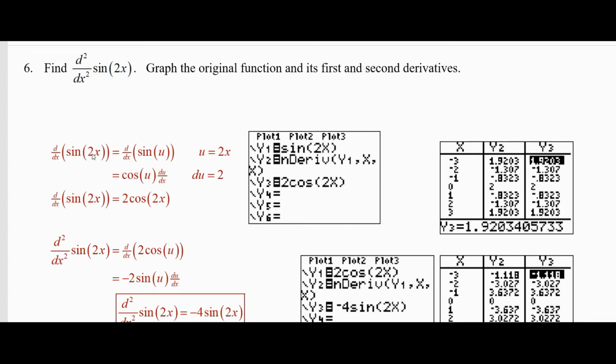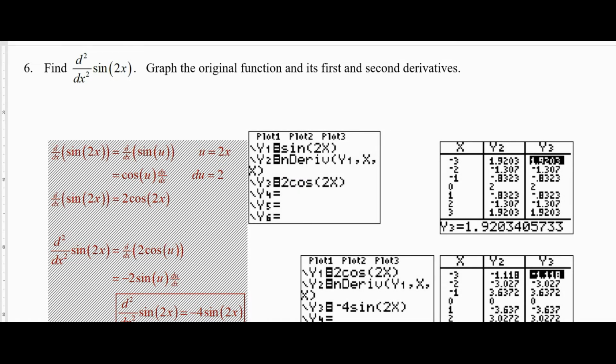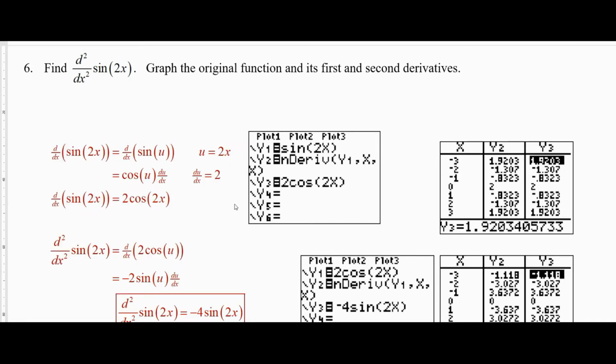So the derivative of sine of 2x, we basically make the substitution u is 2x, so du over dx is 2. So the derivative of sine of u is what we're trying to find. The derivative of sine of u is cosine of u times the derivative of u. So that's just 2. That's just cosine of 2x. So the first derivative is 2 cosine of 2x,